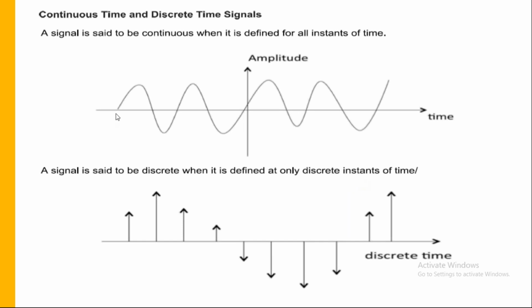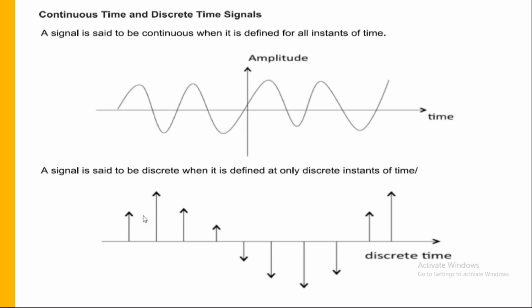I'll tell you that. First observe the same sinusoidal waveform. Instead of representing each and every instant of time, now I represent the signal at this instant, at this instant, at this instant, like that. So now what will happen? If you plot the envelope like this, again it looks like your sinusoidal waveform only.